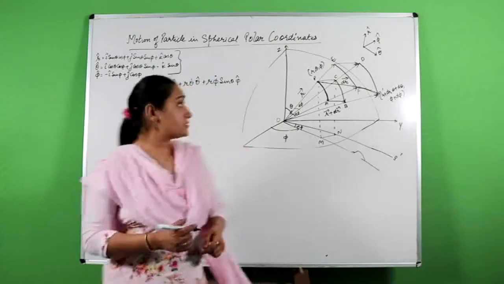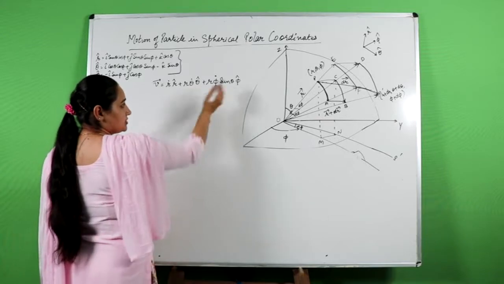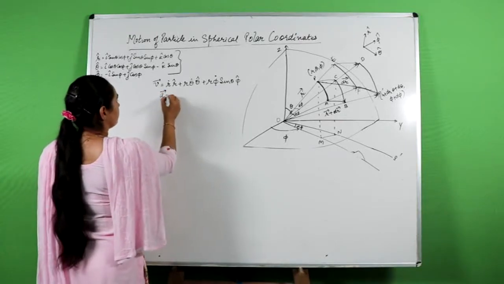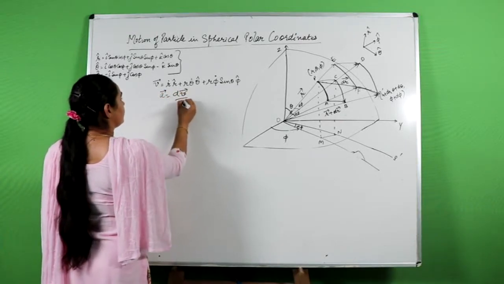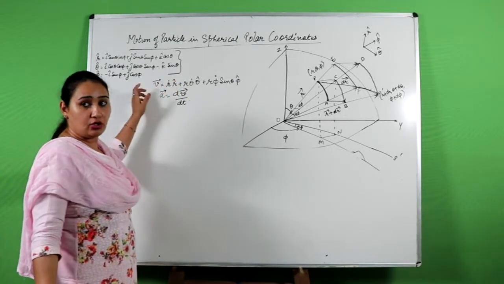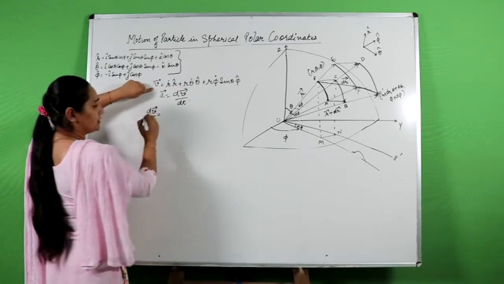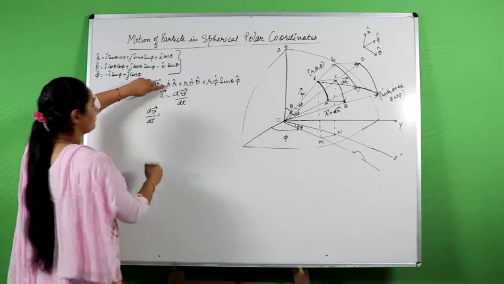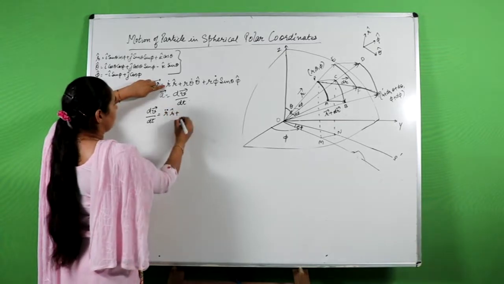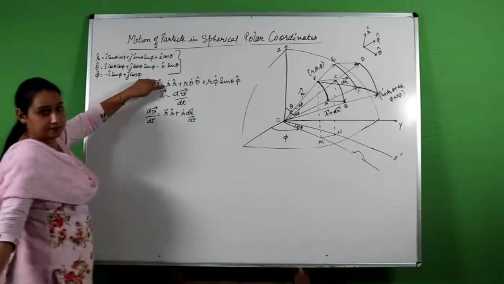Now velocity is V is equal to r dot r cap plus r theta dot theta cap plus r phi dot sin theta into phi cap. Now we want to find the acceleration. We know that acceleration is dV by dt. Now if I differentiate this equation on both sides, what I will get is dV by dt, and I am directly applying the differentiation rule: first function as such, differentiation of second, plus first function as such differentiation of second,